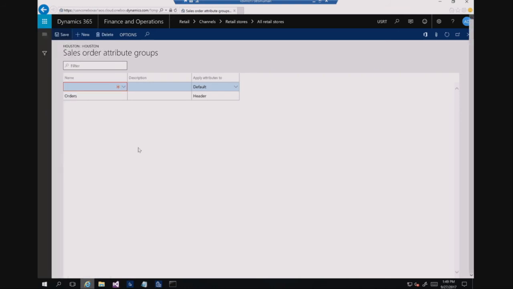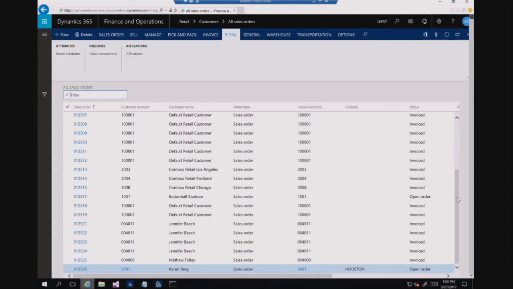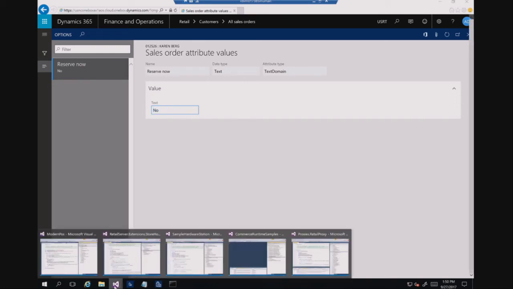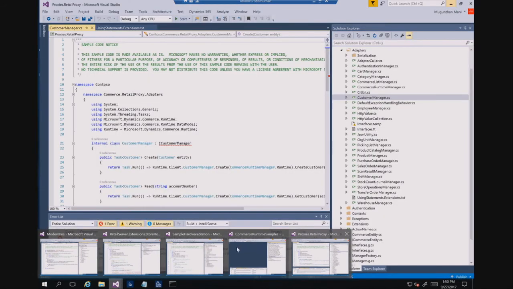So for example, if I want to set these attribute values directly in the HQ, you can go to the sales orders. Let's say on the order attribute, I added an attribute like resume quantity. You can select this last order I already created. Then in the retail tab, we added something called retail attributes, where you will see the list of attributes configured under that attribute group, and you can set values directly here. Or based on some scenario, you may say there is no direct UI required, I want to do something based on my business logic, and I have to write code. For that also you can extend it. So I added a CRT sample here.